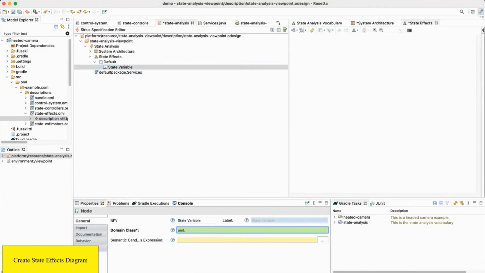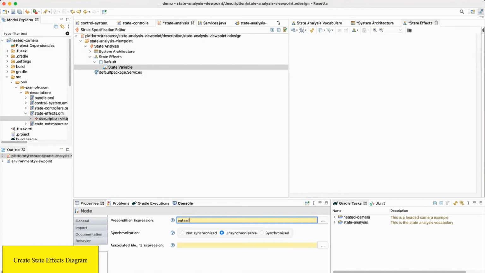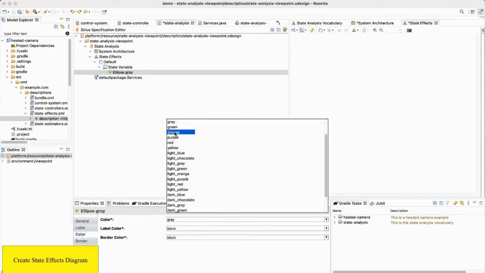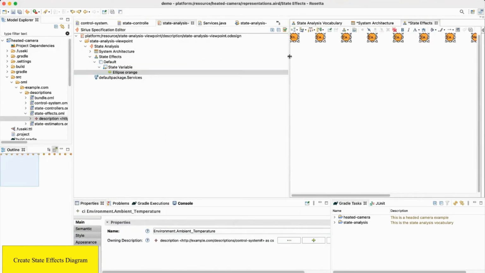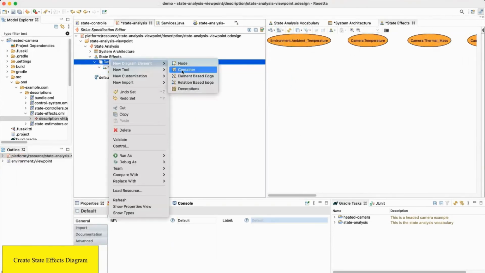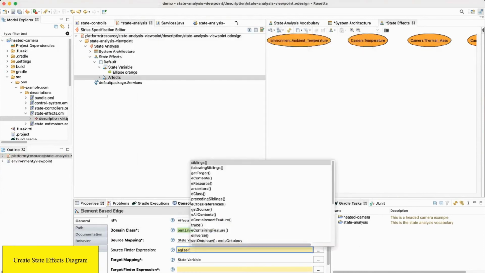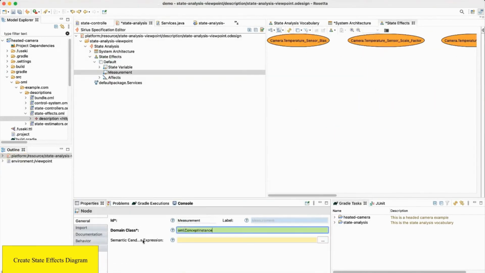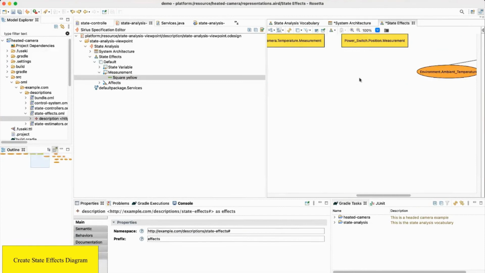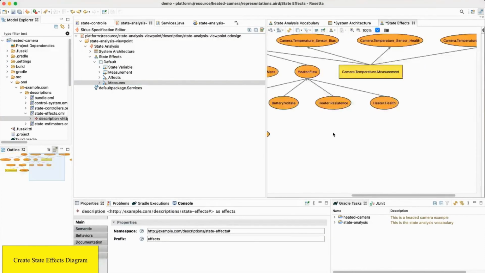And then I also defined this diagram, the state effects diagram, that visualizes the states and the effect relationships between them, and what measurements and commands there can be, which is the interface to this system under control.